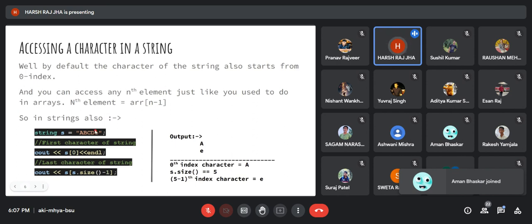So in general, we can say that if the first element is at the 0th index, the last element will be at the n minus 1th index. Now see this example we are displaying here. We want to display the first character, so we are writing s[0], which means